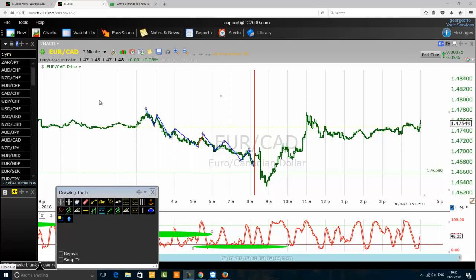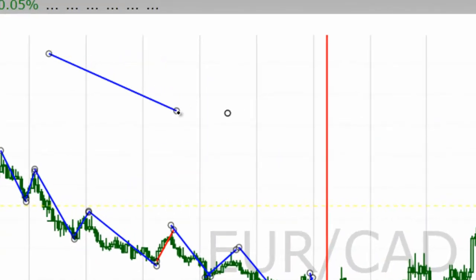So we are using the Euro Canadian dollar, talking about FX or Forex, but what we are about to discuss is applicable to Elliott wave day trading in general. So here we are. Yesterday there was this beautiful, gorgeous zigzag Elliott wave pattern. For new traders who do not know,